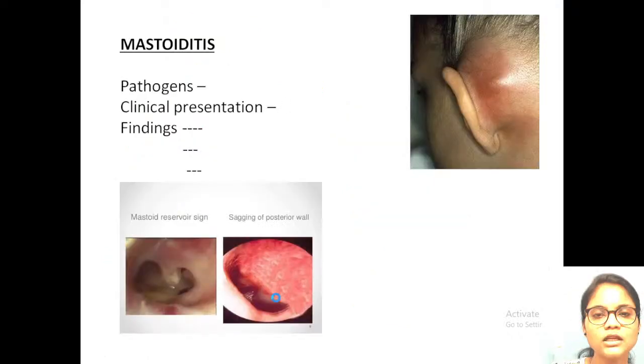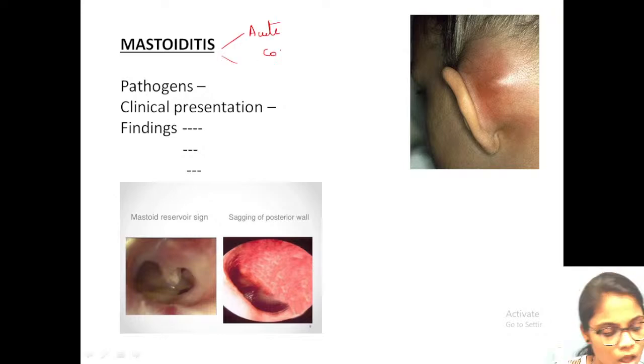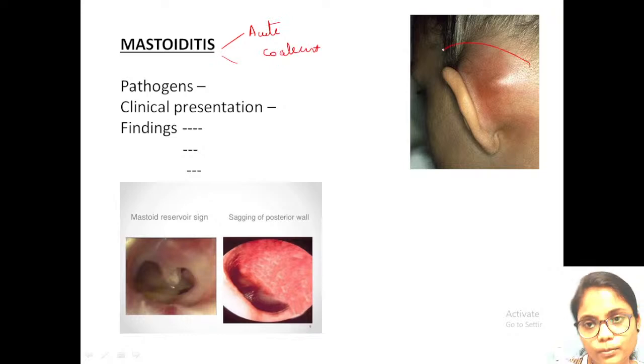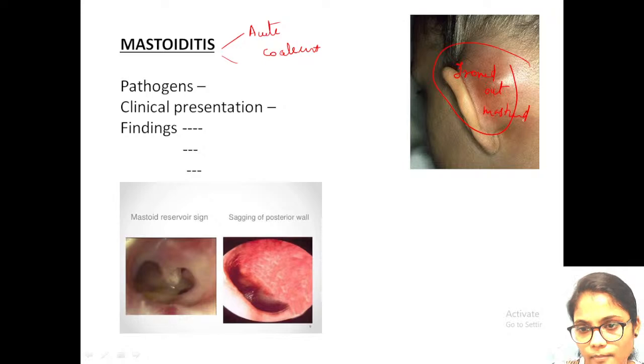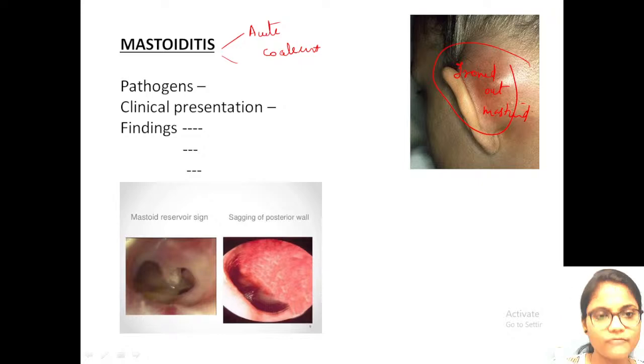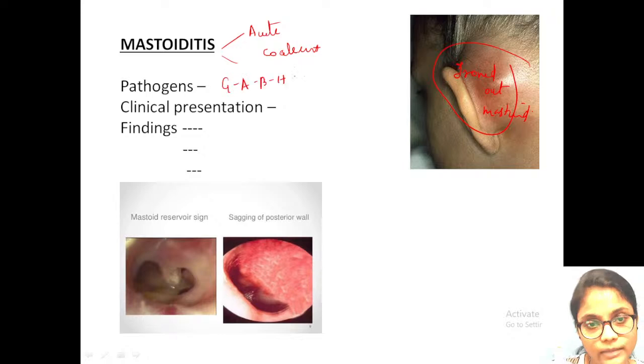So the next thing which I wanted to explain is about mastoiditis. In view of mastoiditis, what you have to know? There are two things. One is acute mastoiditis and one is coalescent mastoiditis. Can you see the outpouched appearance? This is what we call ironed out mastoid. So in this ironed out mastoid, the pathogens are very important. They are group A beta hemolytic streptococcus, and you can say Streptococcus pyogenes are